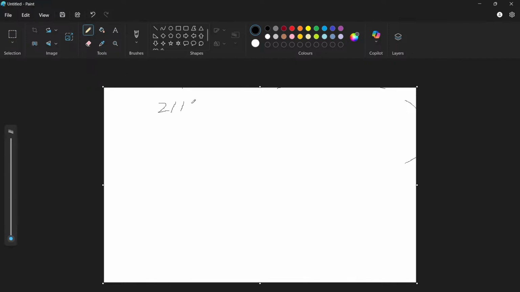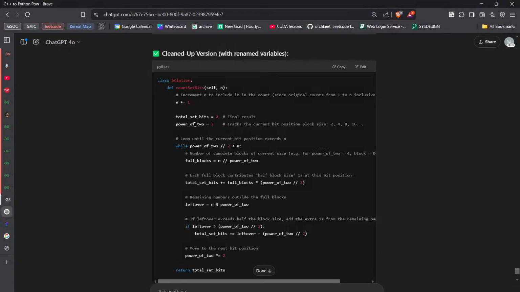Power of 2 modulo 2 is less than... for 4, n was 4, this is a question, is less than 5, while n divided by 2 is 1. Power of 2 divided by 2 is less than n. Full blocks: number of complete blocks of current size. Example,